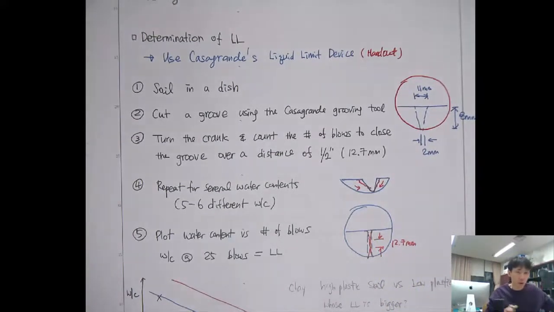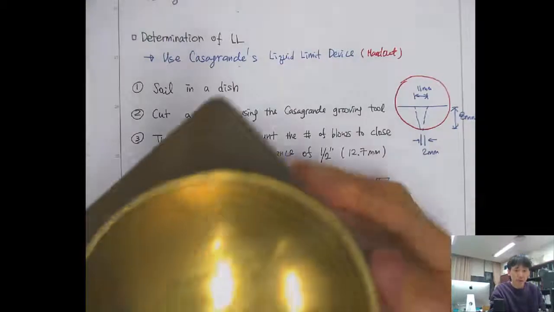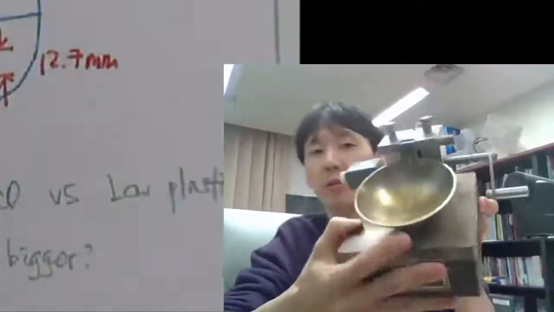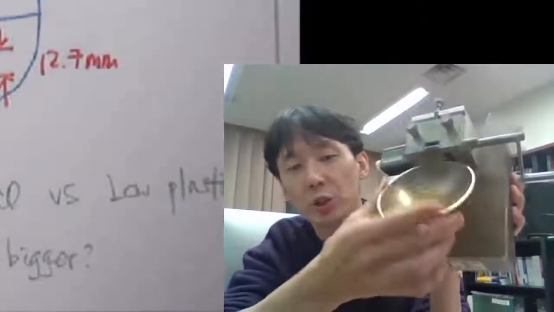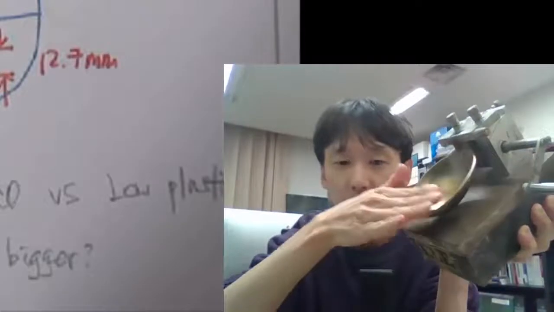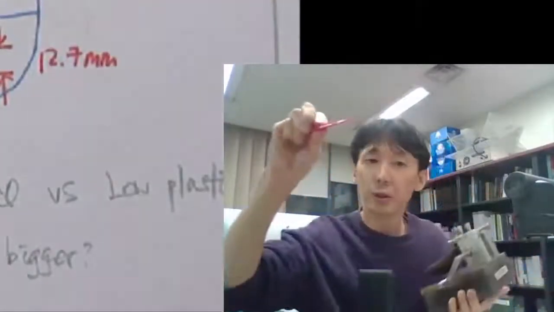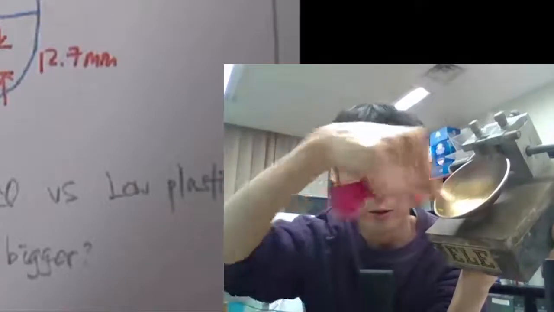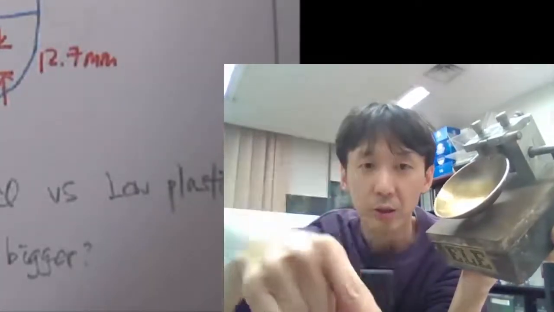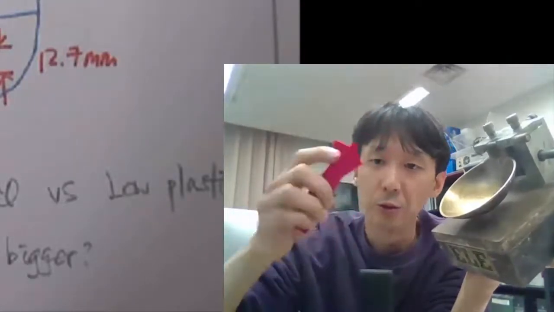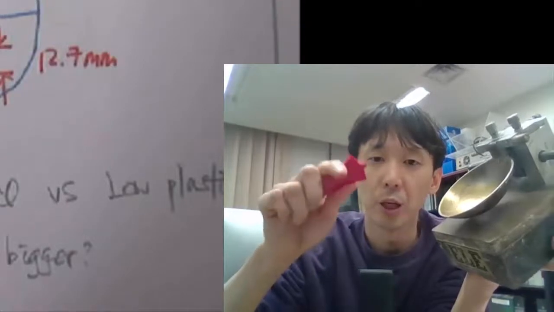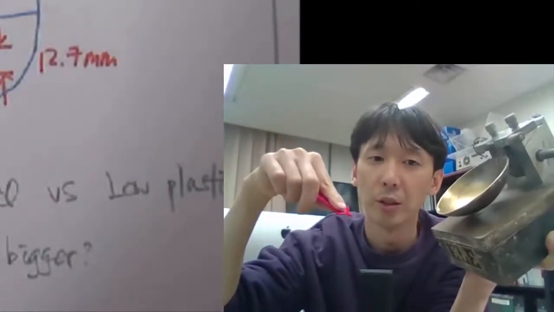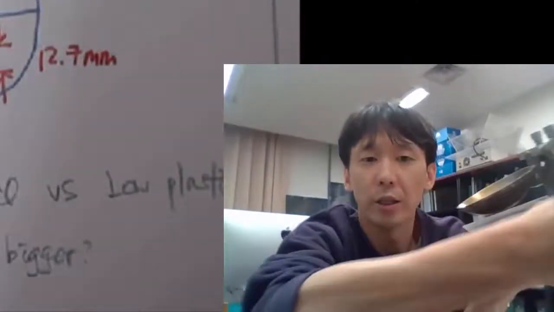I'm going to show you how to determine the liquid limit using the Casagrande liquid limit device, and this is the one. Maybe I can show you from here. So here's a dish. You put the soil in here, and then using a grooving tool, you scrape the soil out. So then you're making a groove, right? Cut a groove using this Casagrande grooving tool. The reason you use this grooving tool is that we want a very uniform, standardized groove. And then we turn the crank,